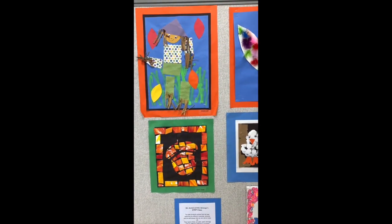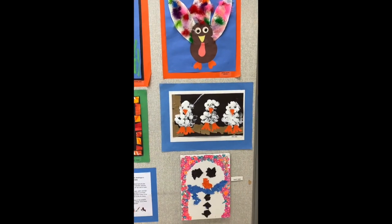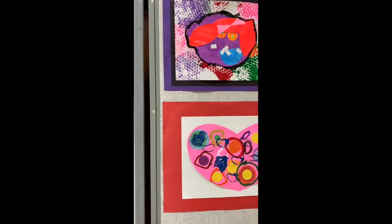Here we have our STEP classes that spend lots of time in art, exploring different materials, different art mediums, and creating some of these really